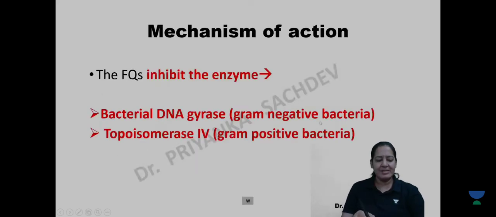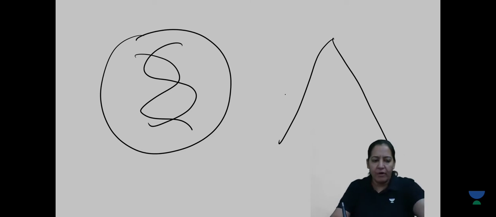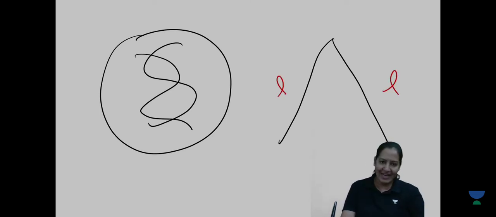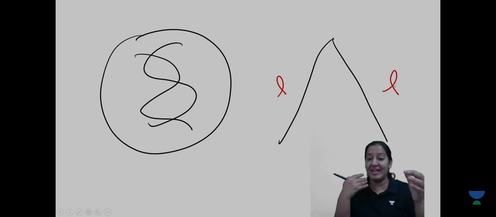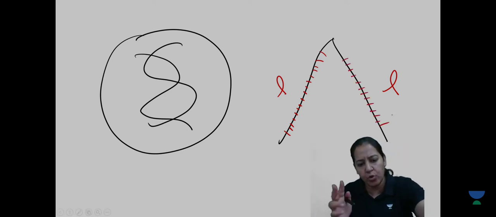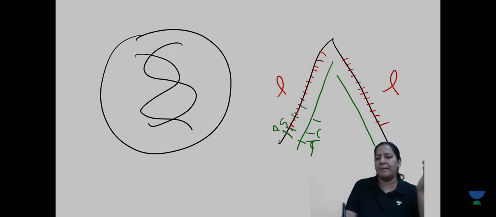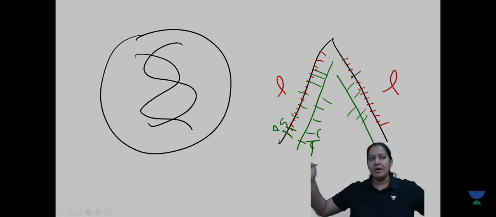So you will say, ma'am, this is the nucleus. Inside the nucleus, the double-stranded DNA is there. First, the two strands will separate from each other like this. One of the strands is leading, one of the strands is lagging. You know that. So in both of them, the enzyme DNA polymerase will come and it contains nucleotides. Adenine, guanine, cytosine, thymidine. So corresponding complementary templates will be formed. Adenine will form a bond with thymidine, and guanine with cytosine. You know the complete story, right? So like this, out of the two, four strands are there, and they will separate.